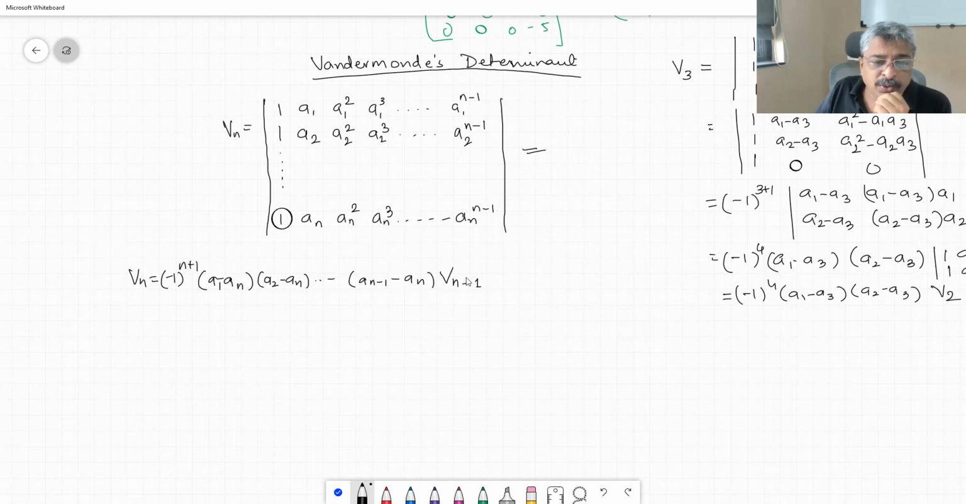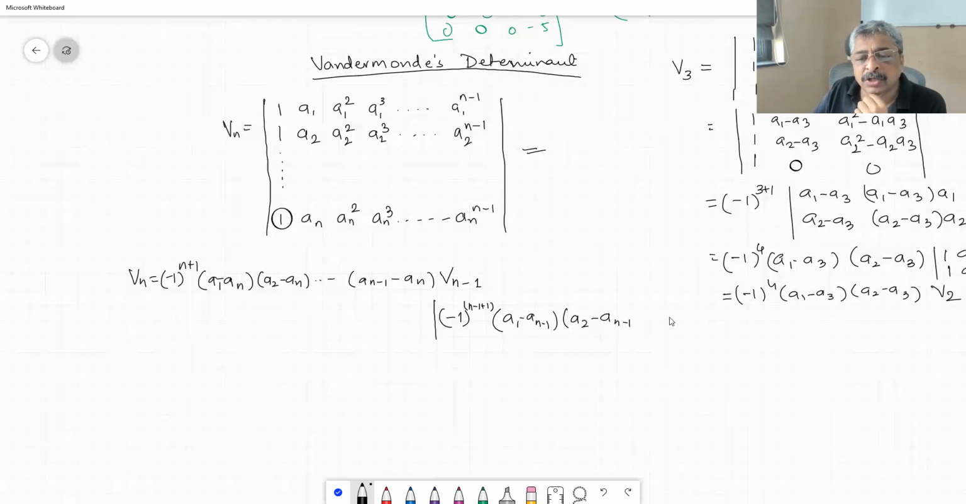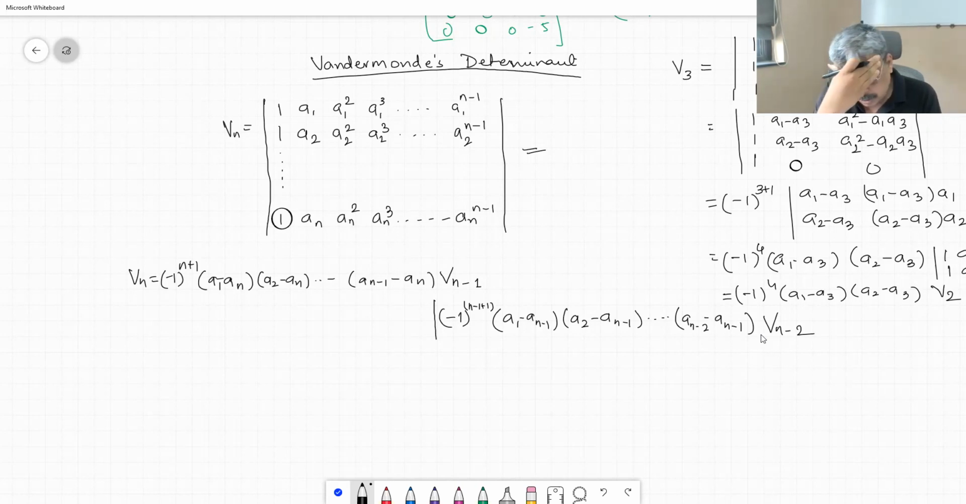Now, if we want to write it down for this, up to this point it is the same. Then we have to say minus 1 raised to n minus 1 plus 1 into a1 minus an minus 1, a2 minus an minus 1, dot dot dot up to an minus 2 minus an minus 1, times Vn minus 2. Is that correct? I think so. And therefore the final answer would be,